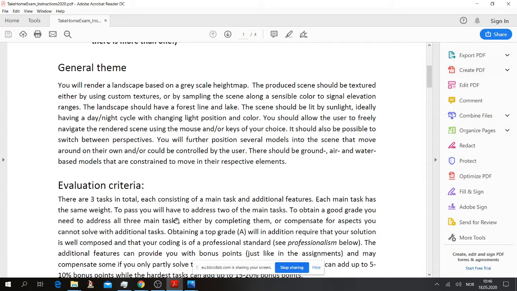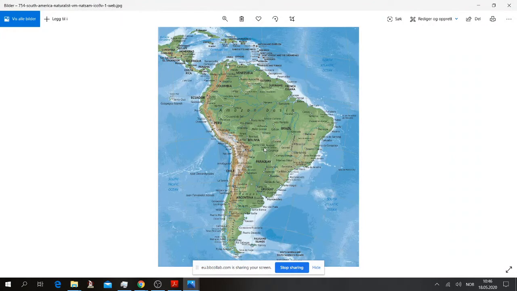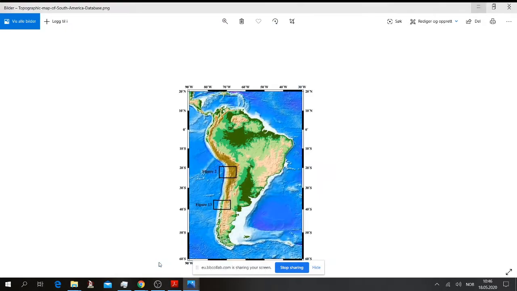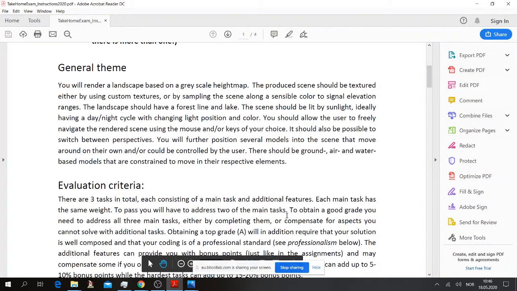And what I mean by this is, I can show you a picture here, something like this, for example, where the lowest levels are blue, and then intermediate levels are green, and then the highest altitudes are like mountains. They can be brown, white, or whatever color you find appropriate, so some sort of thing like that. Or you could use textures. That's really up to you. So it's really open-ended in that sense. Be creative, and the point is that it should be possible to distinguish elevation ranges.